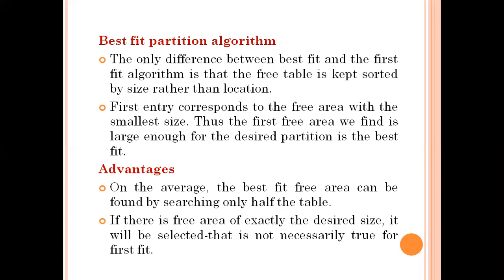So in the case of the best fit technique, suppose the partitions are of size 1000, 800, 1200, and so on. The first free partition size is 1000, the second free partition size is 800, and the third is 1200, and job one has to be allocated whose size is 600. In the case of first fit, the first partition itself is allocated because it is enough for the job. Whereas in best fit, we search the entire partition table and identify which partition results in the least wastage of memory. In that case, it will allocate that best partition.